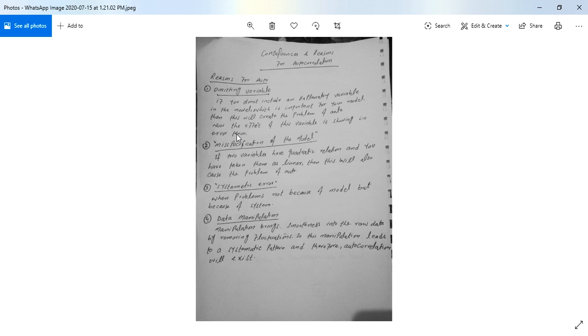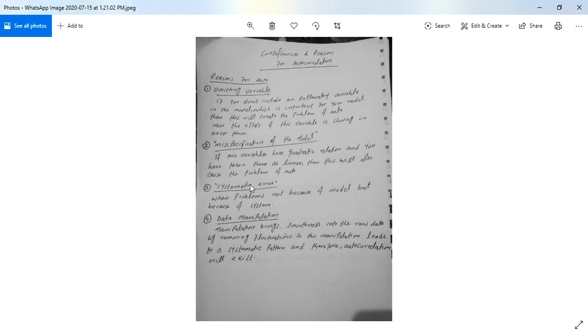So when you have omitted a very important variable from your model, the effect of this variable goes to the error term, and this will increase the value of the error term. So this will relate one of your error terms with the previous error term, and this way it will create the problem of autocorrelation.